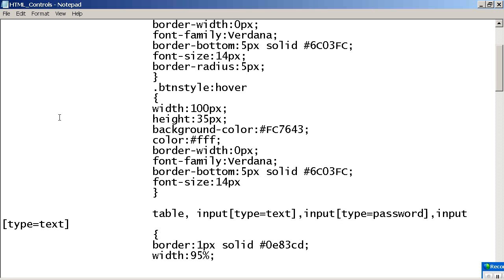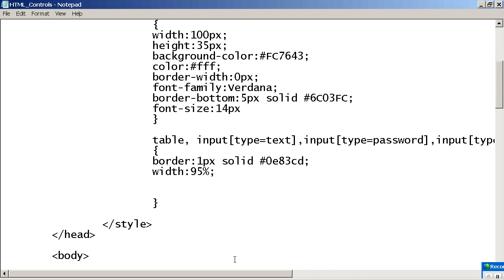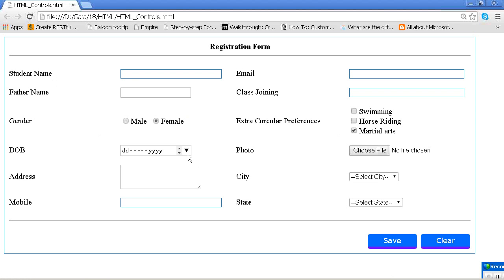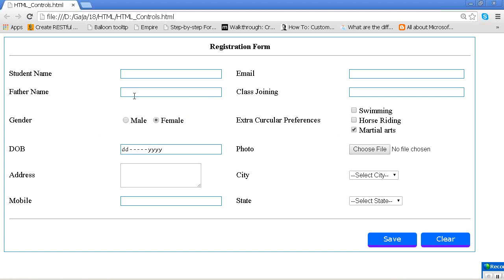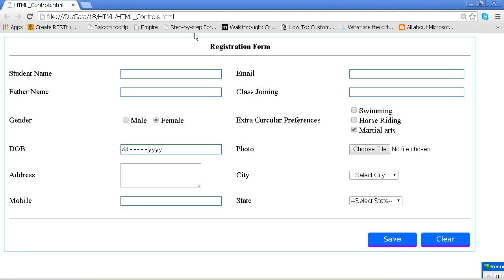What about this one? No. One more, date, is there, right? I am talking about this one. No. Everything is done. What is left? Okay, even for this also we can apply it, right? Yes or no? What do you need to give? Are you understanding this one? Okay. And if you give